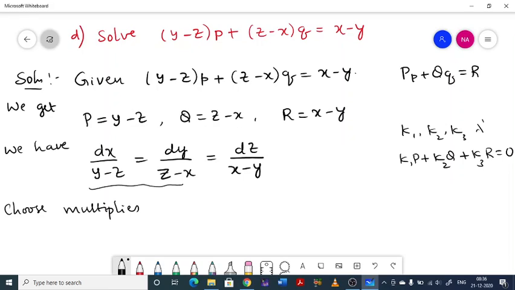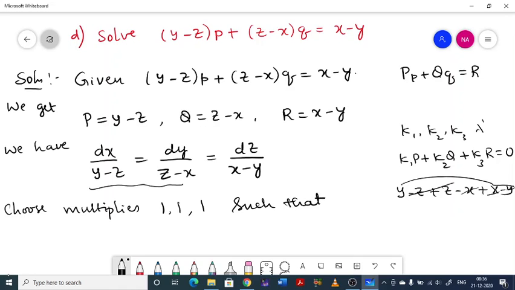See, if you add just these terms, you get y minus z plus z minus x plus x minus y. So z gets cancelled, x gets cancelled, y gets cancelled. So you can choose multipliers 1, 1, 1 such that you'll get